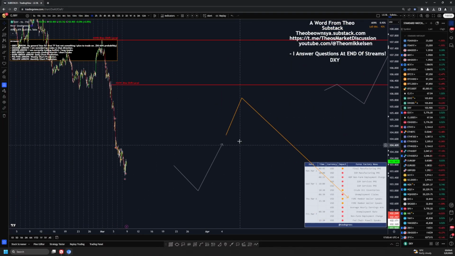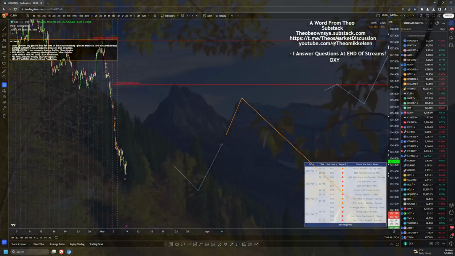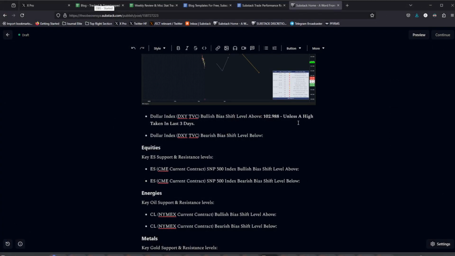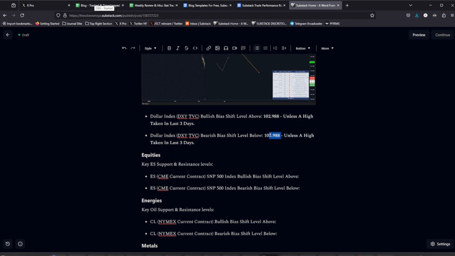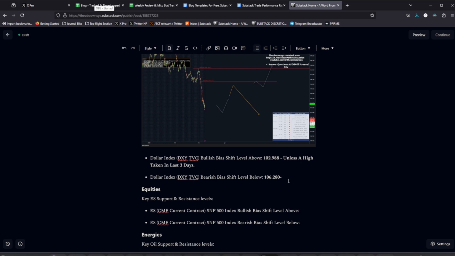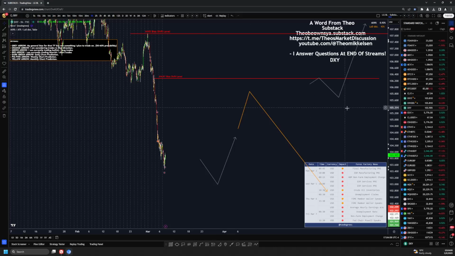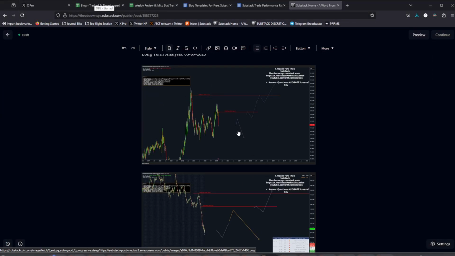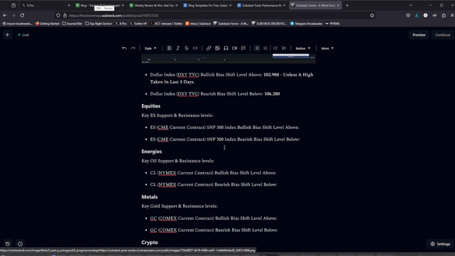I am certainly bearish for as long as we stay below 106.275. So we're just going to use that level, 106.28, and that's unconditional. That is unconditional. I am bearish for as long as we stay below that, regardless of anything. And you guys can see that this is an orange arrow, which is indicative of more strength in that analysis, as well as that weekly longer term level that we've had there.